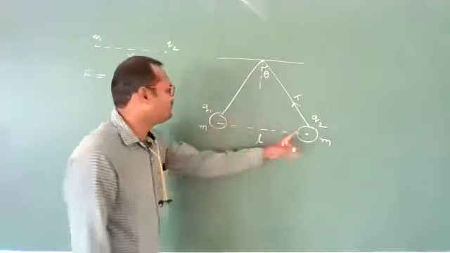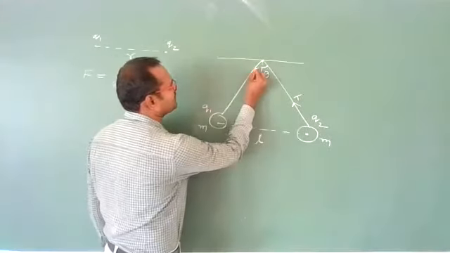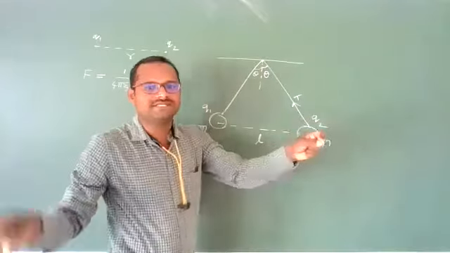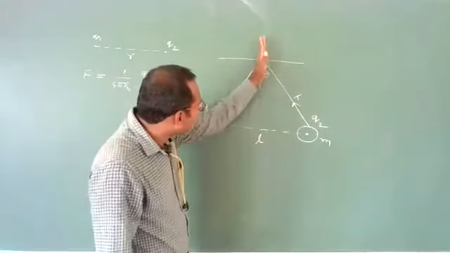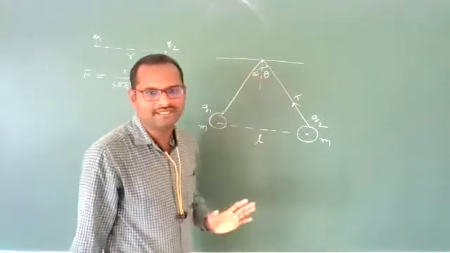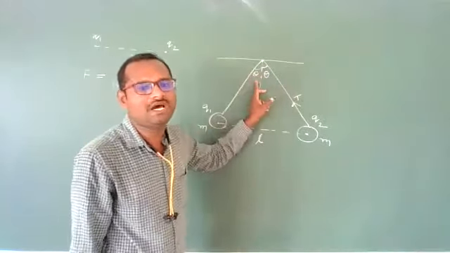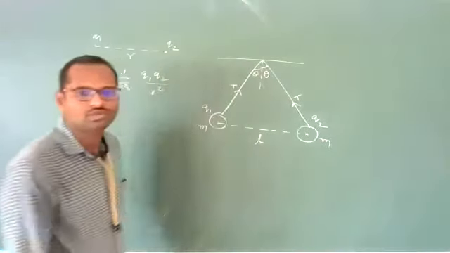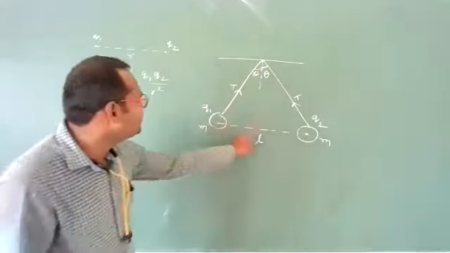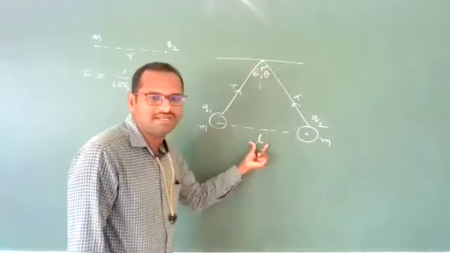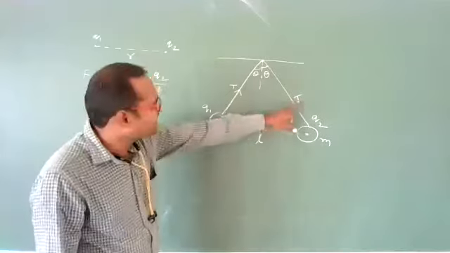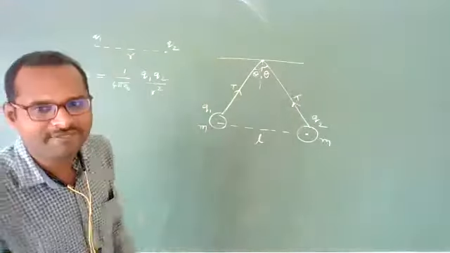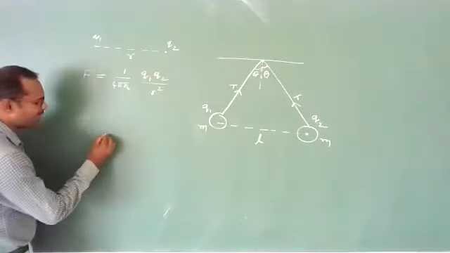Any one of the charges you take. This is angle theta, means this is also angle theta. If these two balls are repelled such that the angle they make with the vertical is theta, then what will be this theta angle, or what will be the tension produced in the string? The distance between these two spherical balls is small l. What is the tension in the string if you want to find? Simple technique, draw FBD.